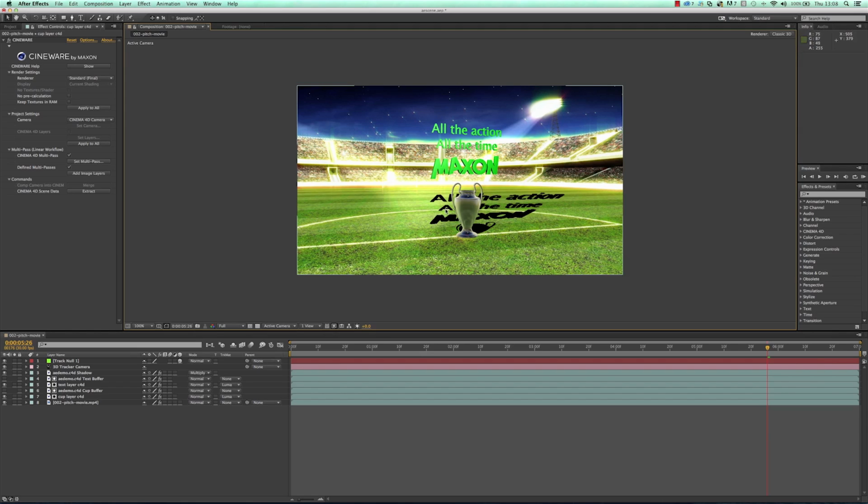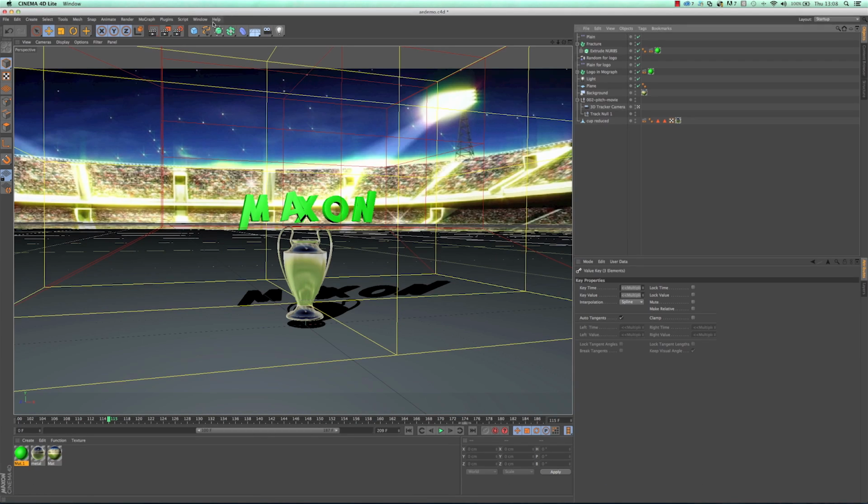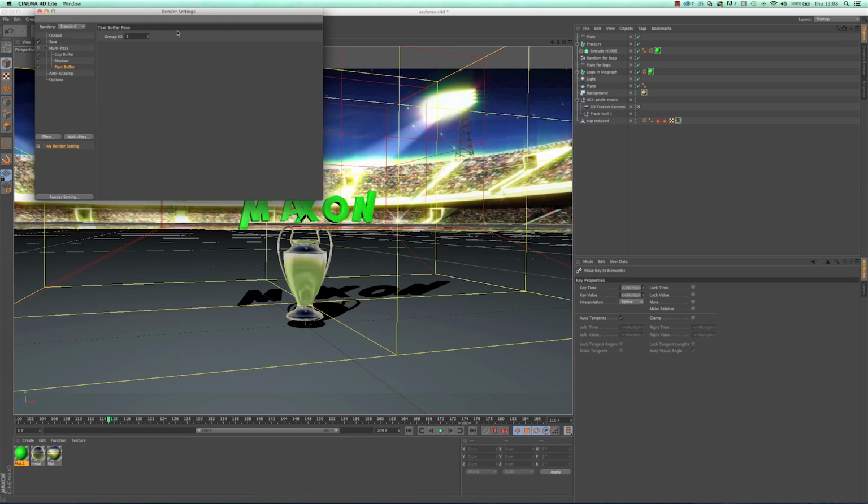And if you're working with shadows or you're working with transparency, it's important to change the anti-aliasing render settings. So if we have a quick look back inside Cinema 4D, we do that inside the render settings. It's the anti-aliasing, and change it from geometry to best, and that will give you nice shadow anti-aliasing. You can also vary the quality of the anti-aliasing if you wish, but normally that works nice for most cases.